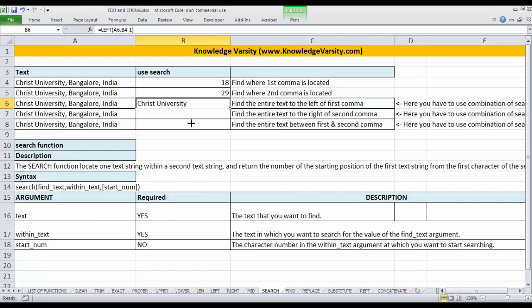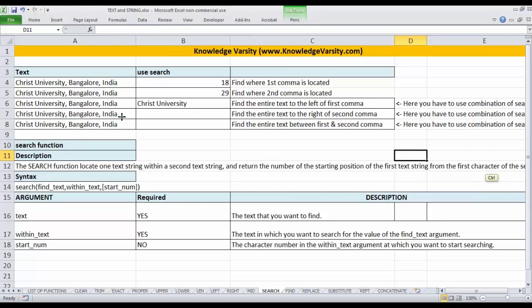So it is actually an embedded thing. Rather than doing it separately, I can replace the earlier reference with the search formula, just by removing this equal to sign. You will find many places where the question is to find the entire text to the left of the first comma. So you should be able to use these embedded functions and compute it. This is okay, but the next one is slightly more challenging.